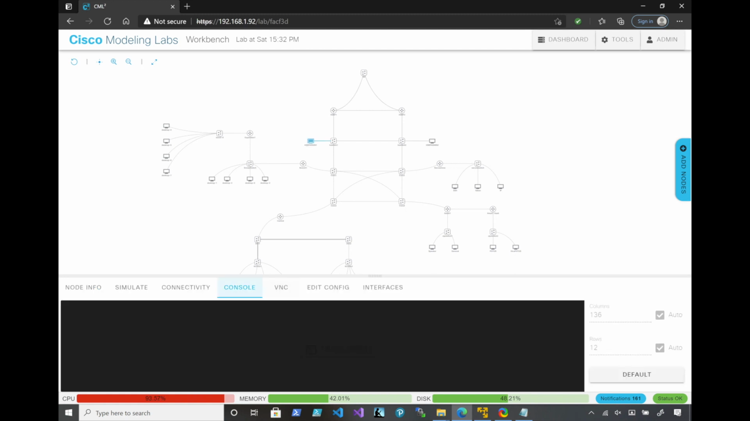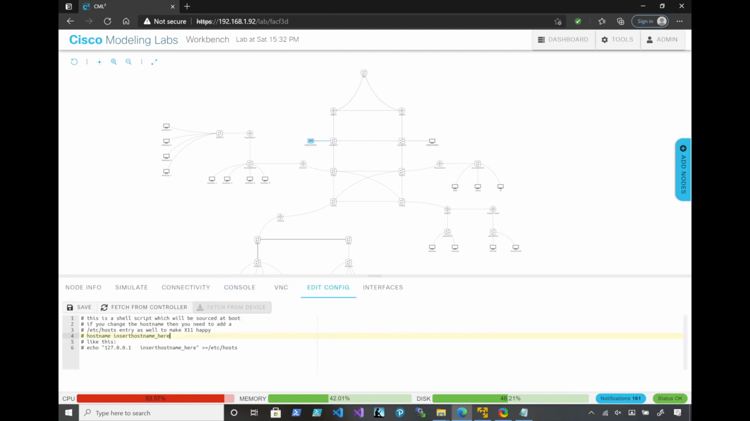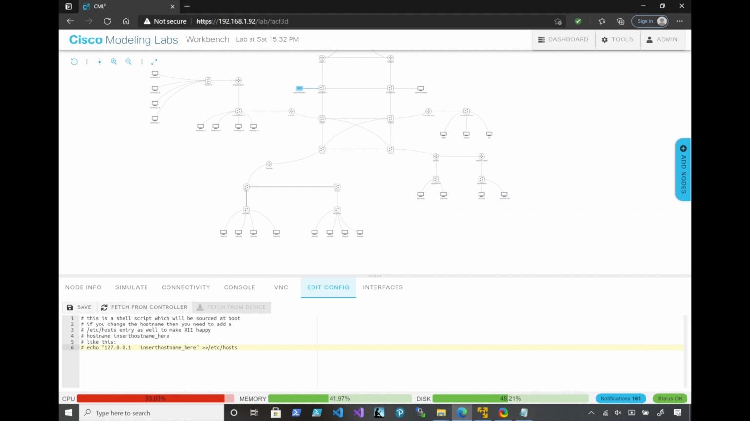We're going to go into the HSRP admin PCs and assign them static IP addresses. This first one will be 10.10.10.6. And we also need to change the subnet mask to a /26. We also need to set the default gateway. We're going to use the IP address